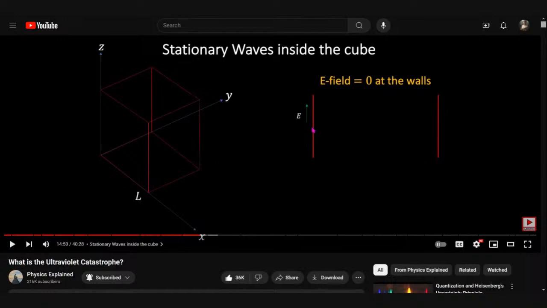The right and left ones are not going to do anything in terms of this resonance. So only the up and down ones are going to create waves going back and forth of different frequencies, of different wavelengths. So the ones that will survive are the ones like this one,